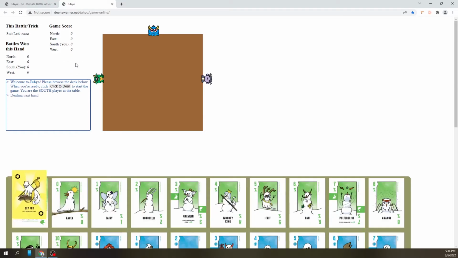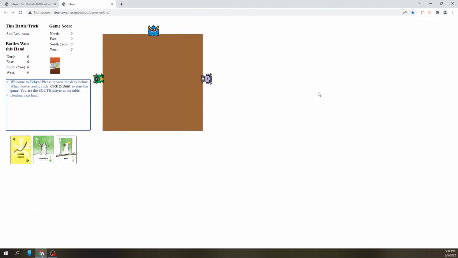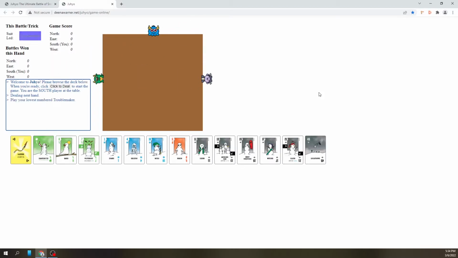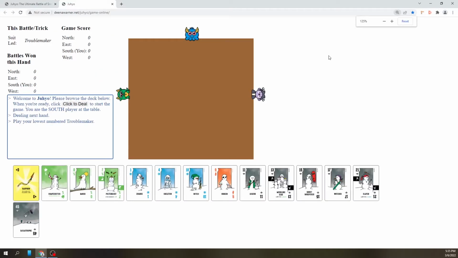So I'm going to click this. I just dealt out the enhancements. Now the dealer's dealing out the rest of the cards to everybody. This is my hand down here. The other players cannot see what I have going on down here, and they each have their own hands. I'm going to zoom in a little bit. I have my enhancement here. I have a harpoon. I have three troublemakers, three gothics. I have a cryptid, and the rest of the cards in my hand are hunters.